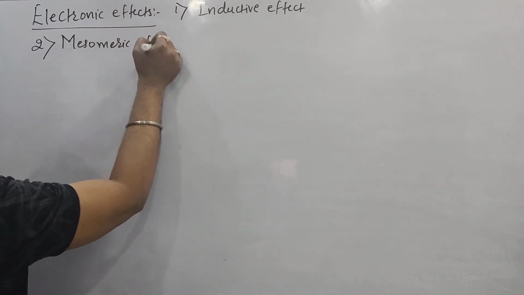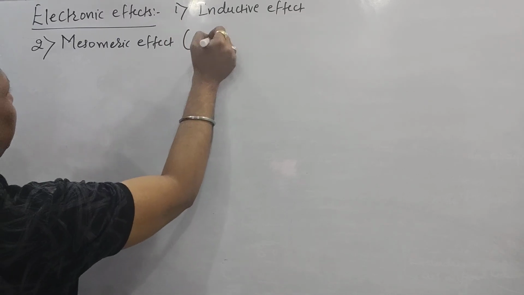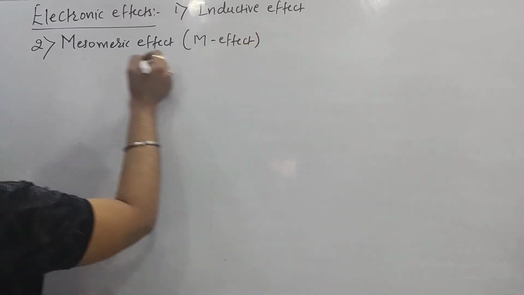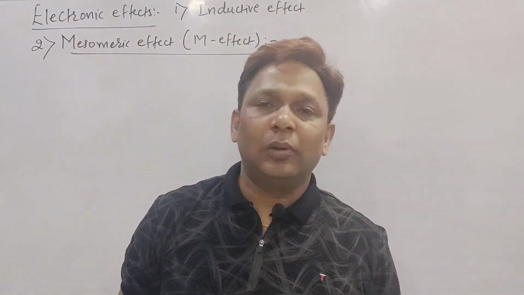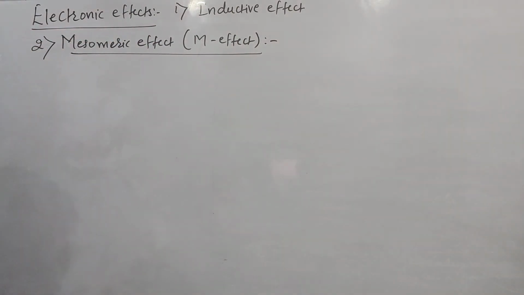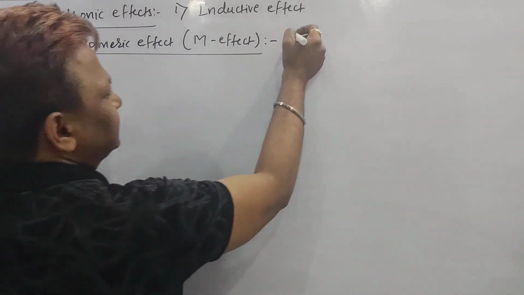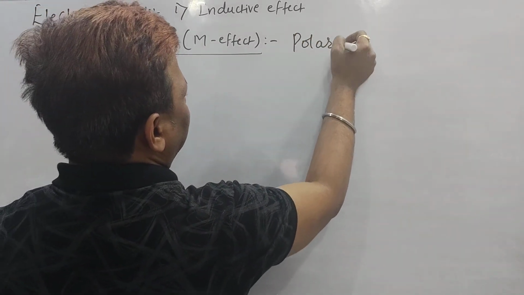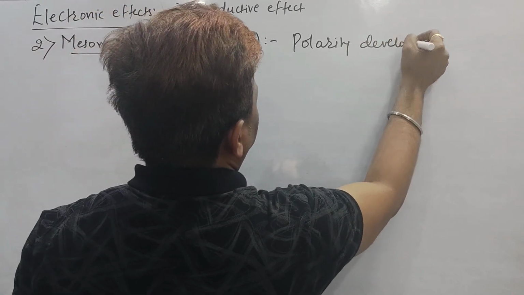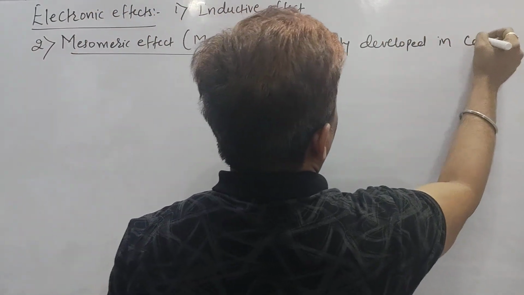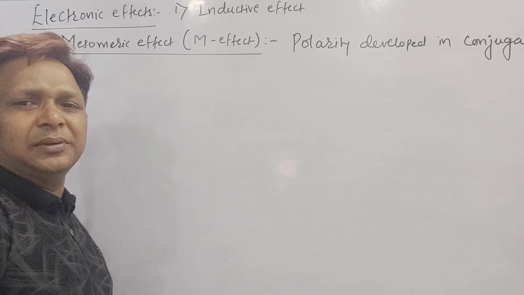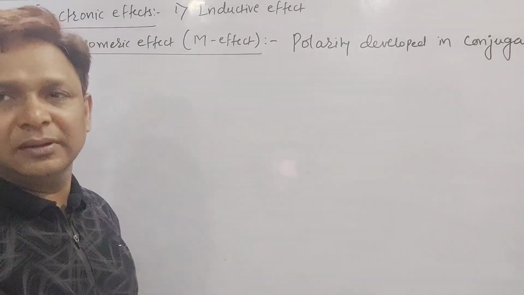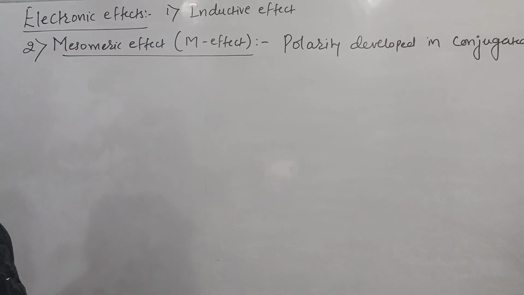But what will it be called? Mesomeric effect, denoted as M. Denoted as M effect. This will be called the mesomeric effect. What is meant by mesomeric effect here means, we can say the polarity developed in the conjugated system. We can see here, so wherever the polarity developed in the conjugated system,